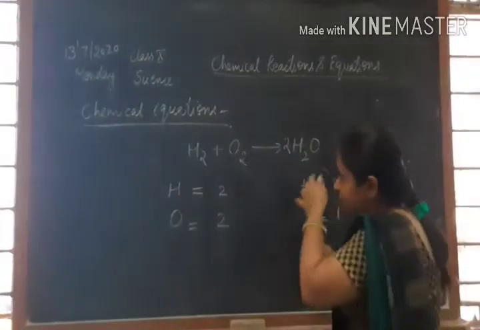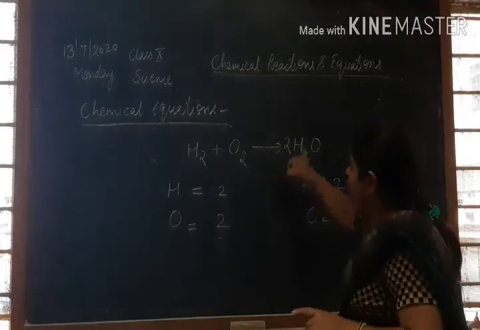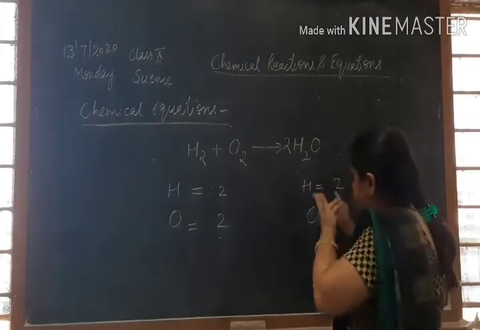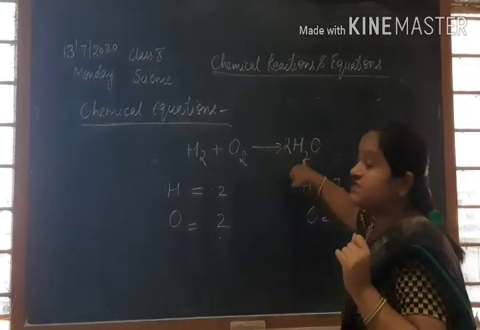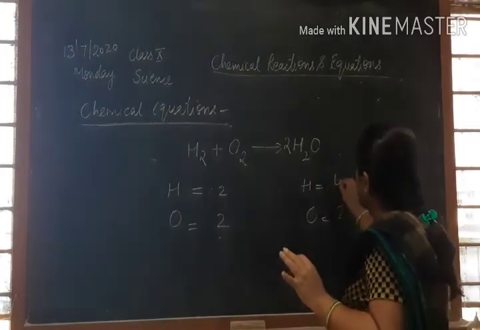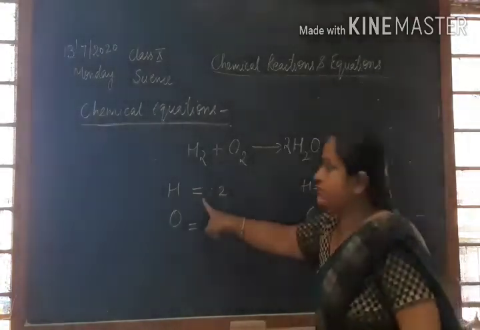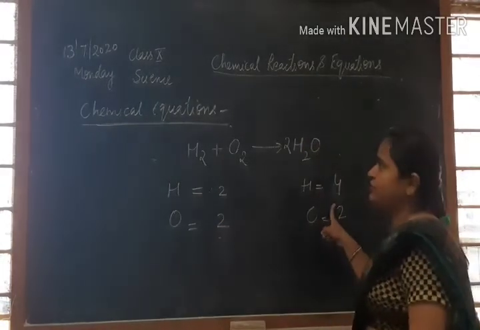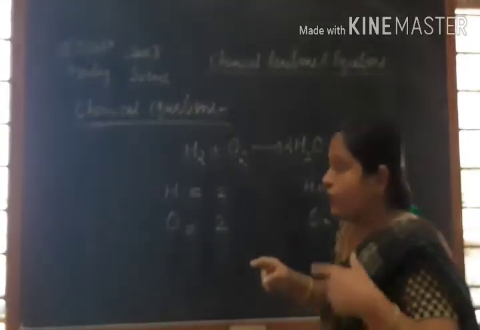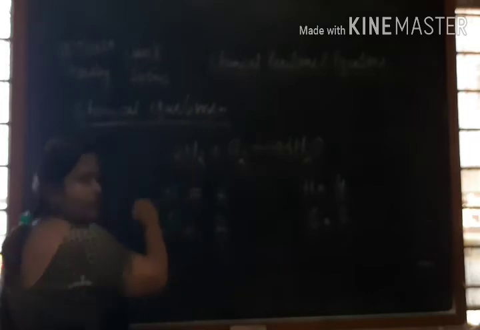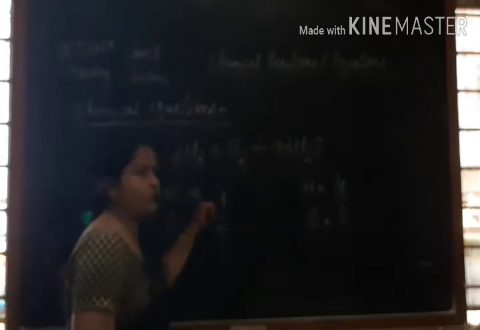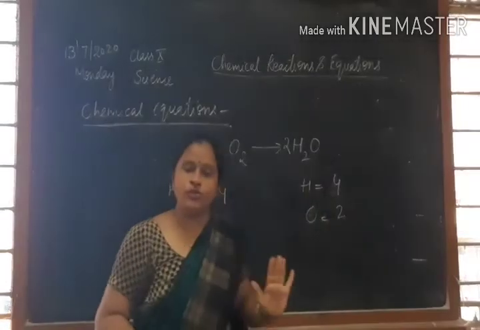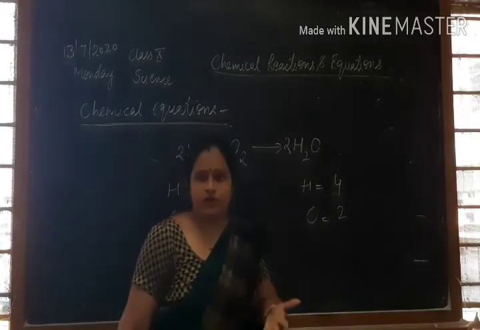Now what happened in this situation, 2 oxygen is going to be balanced, that oxygen is 2 now here, but hydrogen becomes 4 over here. So again the same situation is there. Now what is unbalanced, hydrogen is 2 here and hydrogen is 4. Now for balancing, we can multiply this by 2 over here, then hydrogen is going to be 4 here and hydrogen is going to be 4 here. Now your equation is balanced.